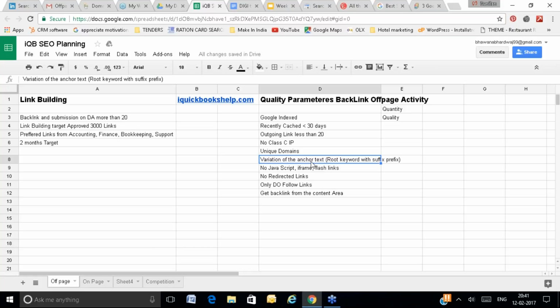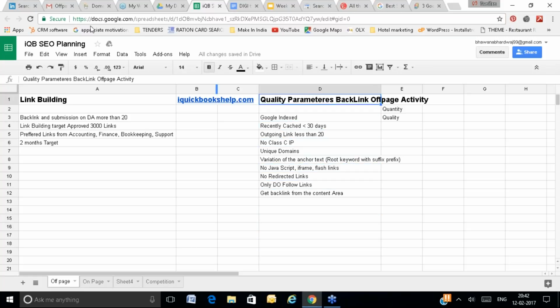Try to get backlinks from varieties of keywords, like best digital marketing course, top digital marketing course in India, digital marketing course in Noida, online digital marketing course, job guaranteed digital marketing course. So you will create backlinks on different anchor text; a variety of anchor text should be there. These are the quality factors you can keep in mind while taking backlinks.